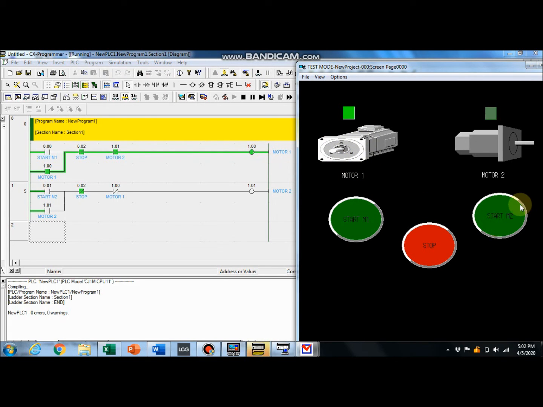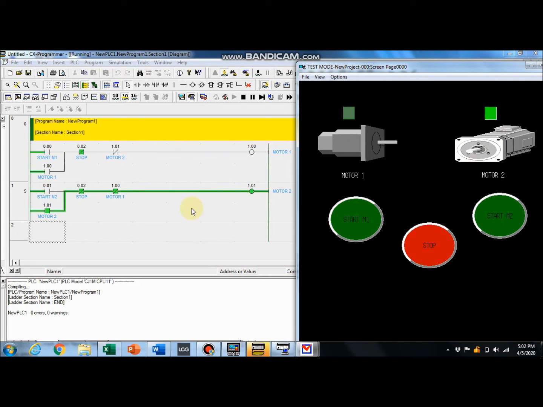What happens if we trigger the start for M2? Nothing happens, because the contact is already in the open condition. If you stop, then start M2, motor 2 will be triggered, and motor 1 cannot function. This is the concept of the lockout function, or interlock function.